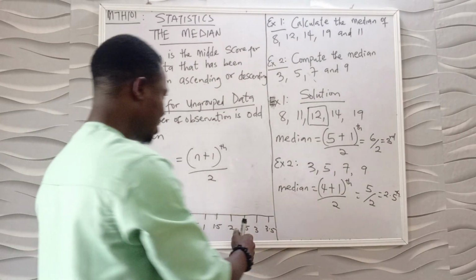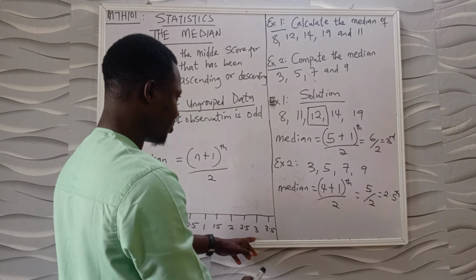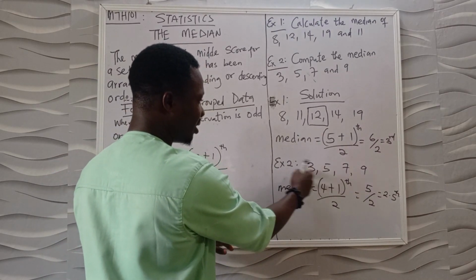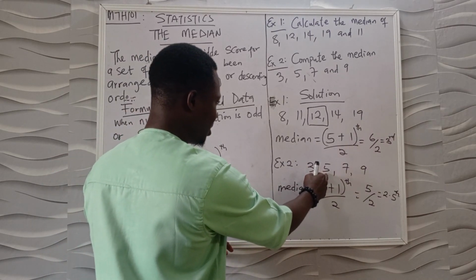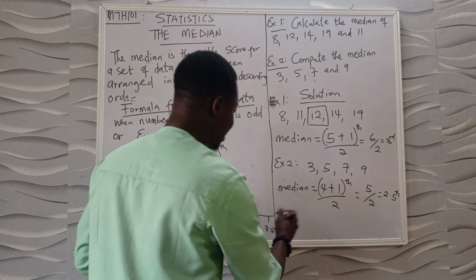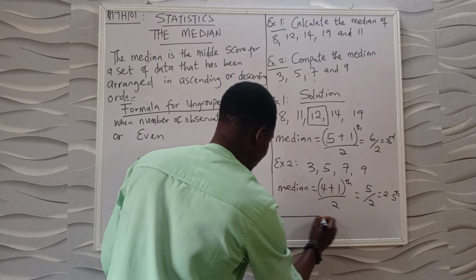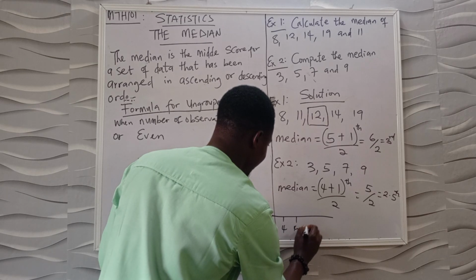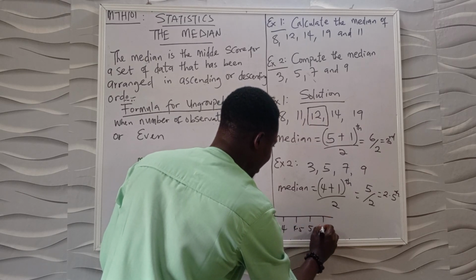So now this is 3, this is 2. Remember, this is the first number, this is the second number, right? So let's go on until we get to 4, 4.5, 5,